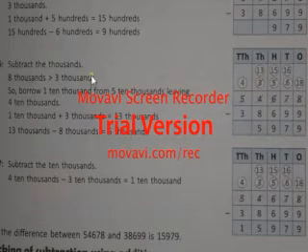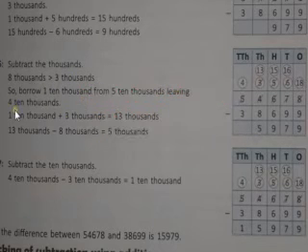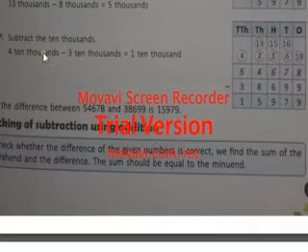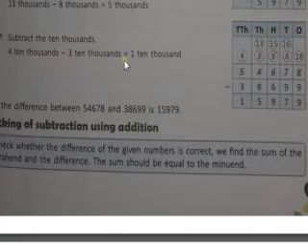You can see over here, subtract 1000. 8,000 is greater than 3,000. So borrow 10,000 from 5 10,000s, leaving 4,000 over here. 1,000 plus 10,000 plus 3,000 is equal to how much? 13,000. So 13,000 minus 8,000 becomes how much? 5,000. Now if you see, this is 10,000. 4, this is bigger and this is smaller. So 4 minus 3 becomes 1. You can see, 4 10,000 minus 3 10,000 is equal to 1,000.